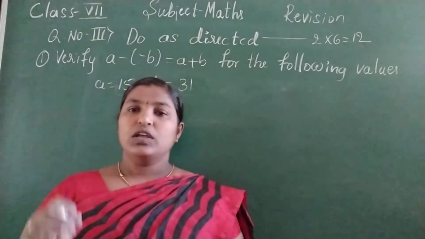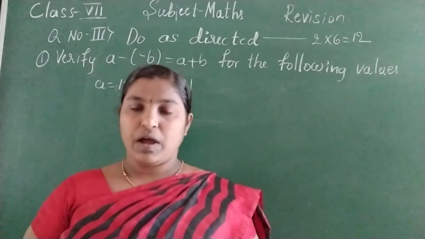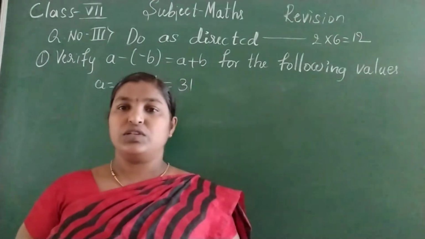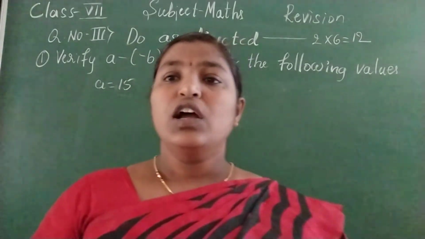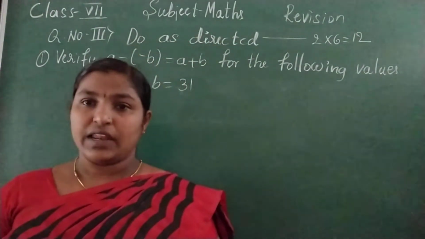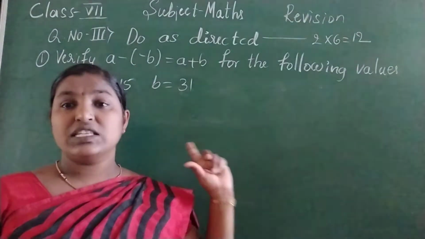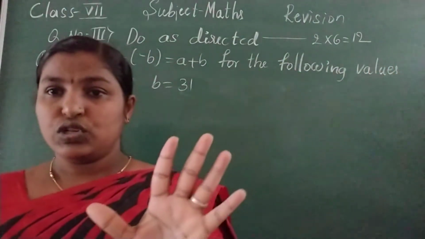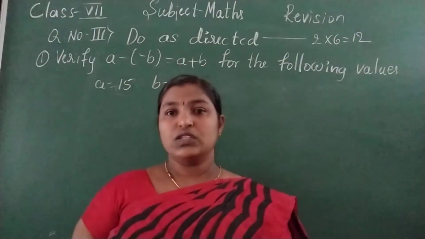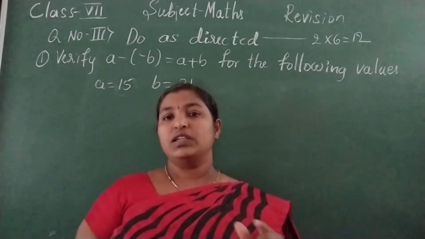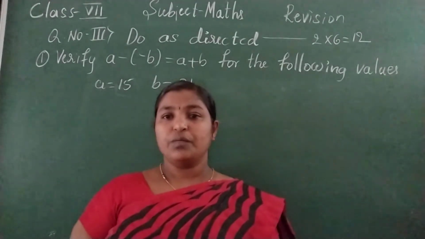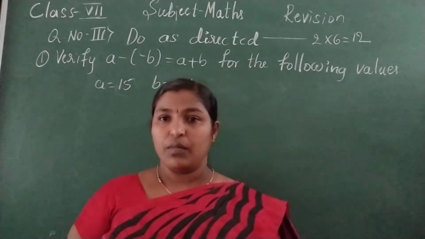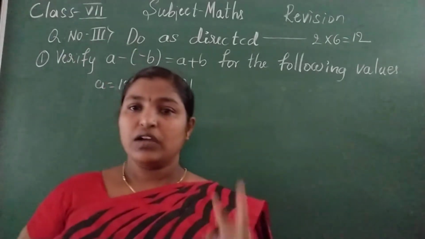from the textbook. If you are perfect with all the theory part, then you can easily give the answers to the questions. So today let's start question number 3, do as directed. In this you will get 6 questions. See, 2 sixes are 12. So 6 questions you will get, and all the 6 questions will be different from each other. So the concept of the questions will be different. All the questions will not be the same, and these carry 2 marks each.